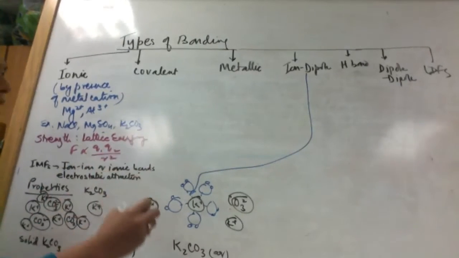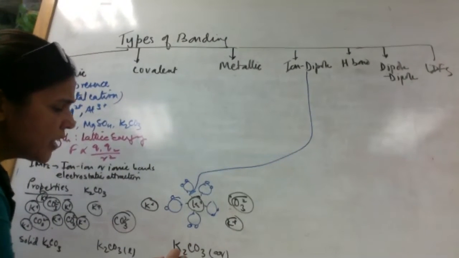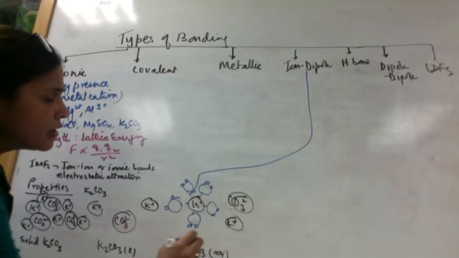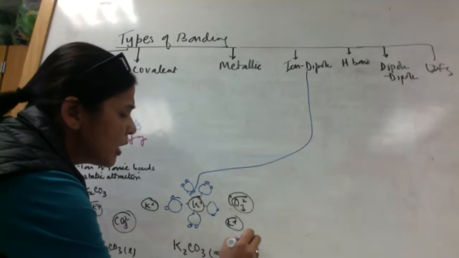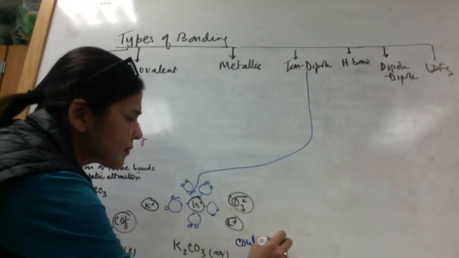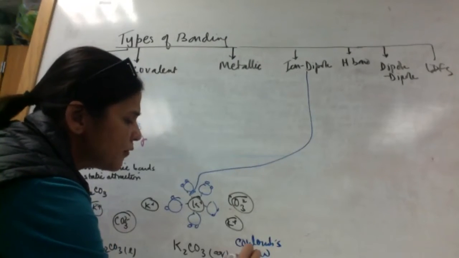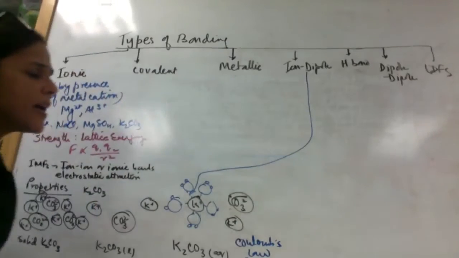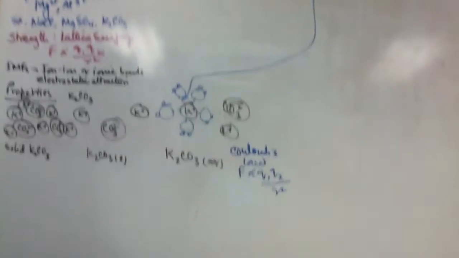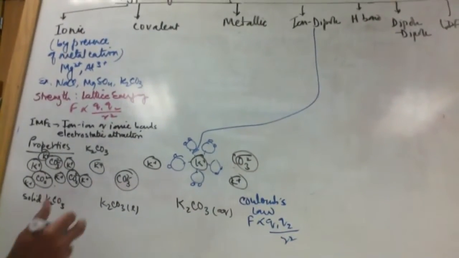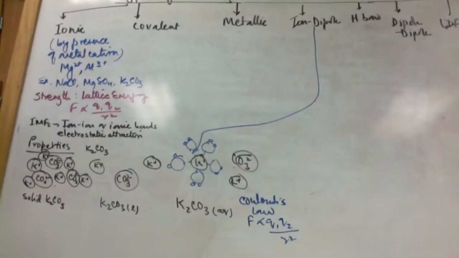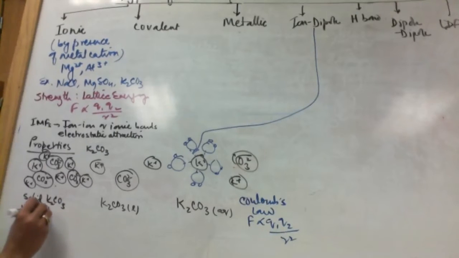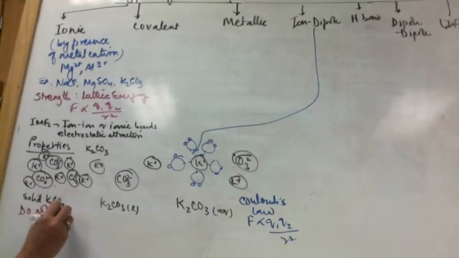And ion-dipole attraction strength is also calculated by Coulomb's law, which is force of attraction is proportional to the product of their charges, inversely proportional to the square of their distance. Now, in solid form, ionic compounds do not conduct electricity